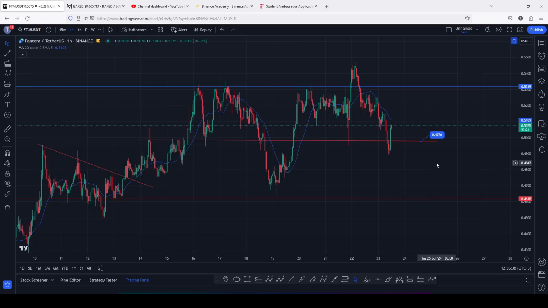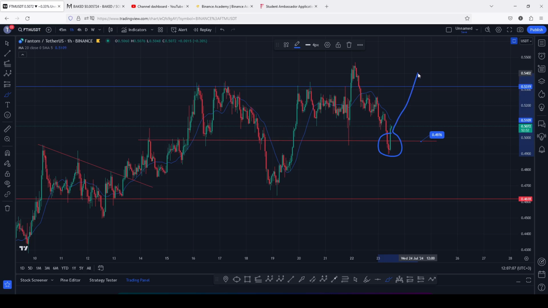Fantom at the time of this recording has started its aggressive bounce to the upside, and I'm watching for a break above the 20-day MA here on the 1-hour chart for the next coming hours. And this bounce is also playing out after we saw a bounce on a key area of support above the 0.4976, and the next key area of resistance that we need to see a break above lies above the